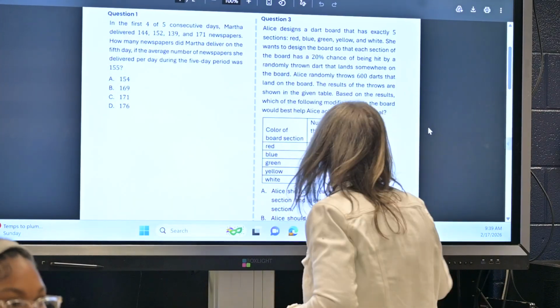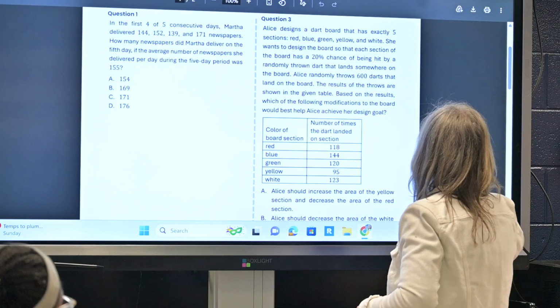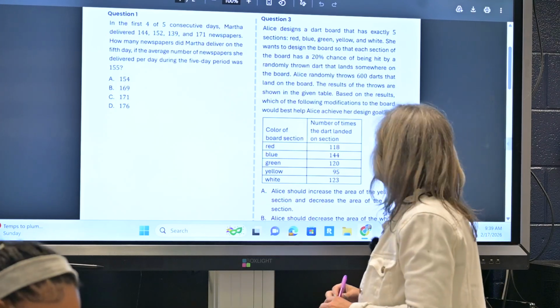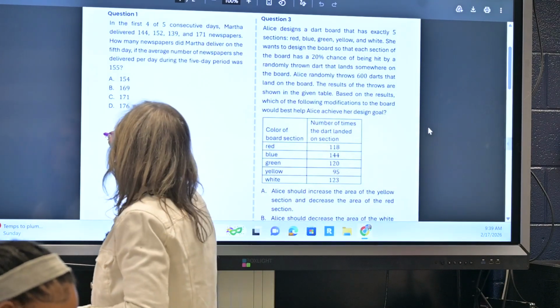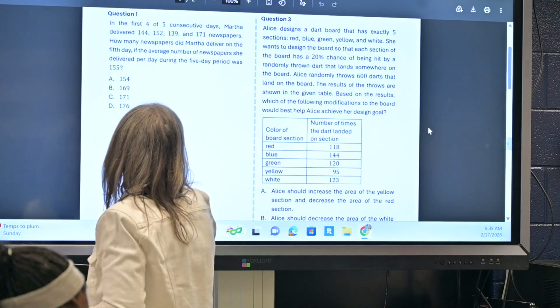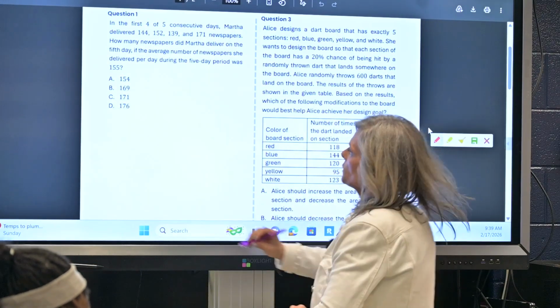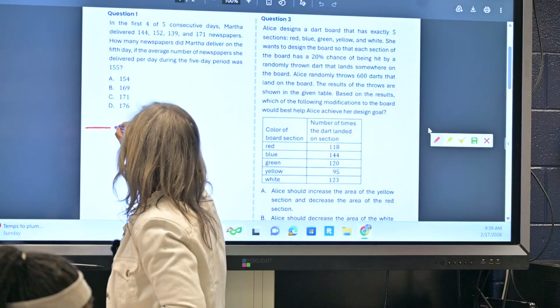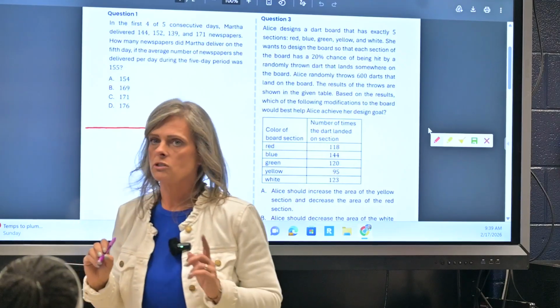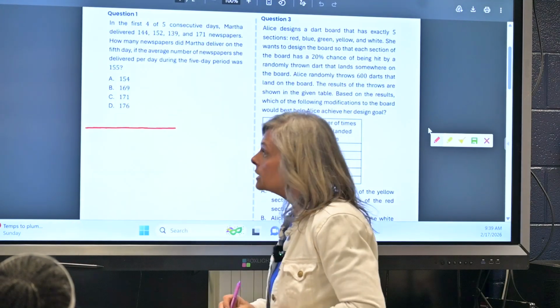Okay, so let's go ahead and get this written out. Okay, so on the top part of this fraction, which is the numerator, we're gonna put